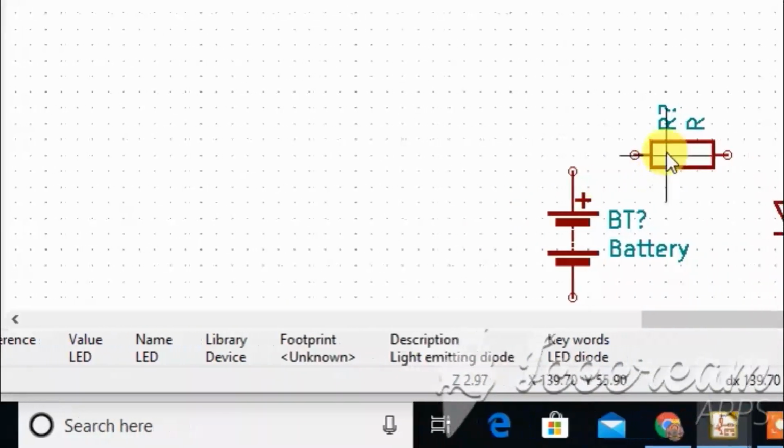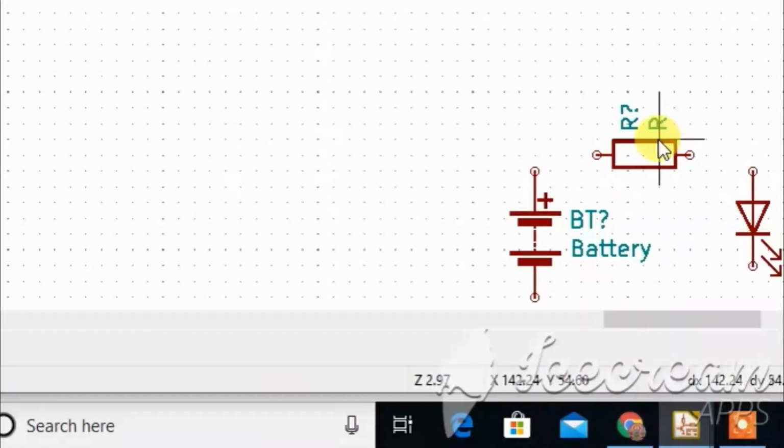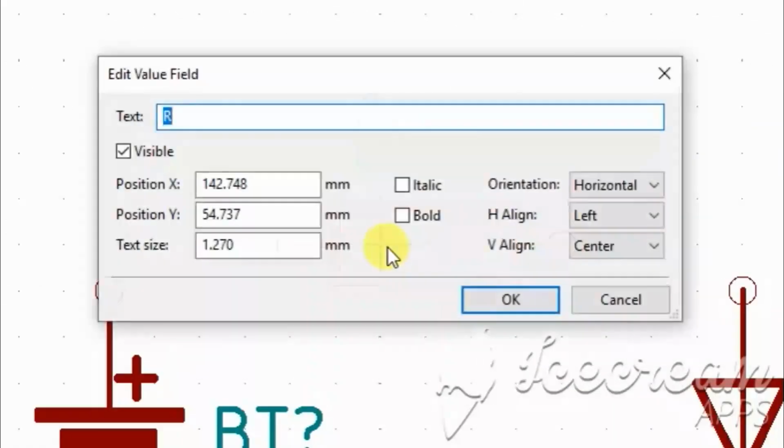I first click the resistor and press the V key on your keyboard. The edit value field dialog box opens and you type the value for the resistor. I type 420 and click OK.